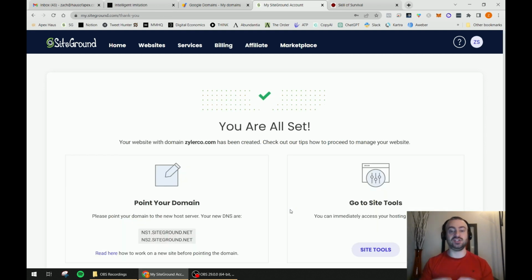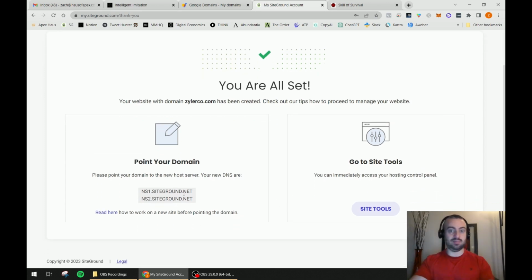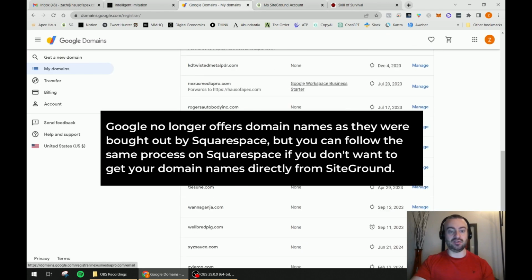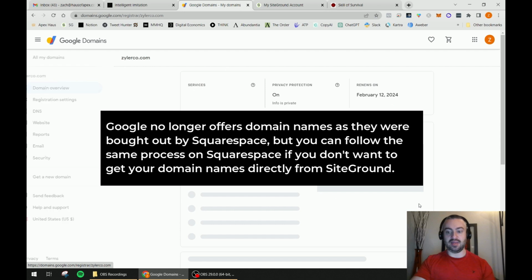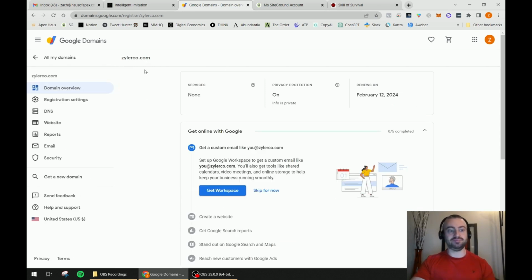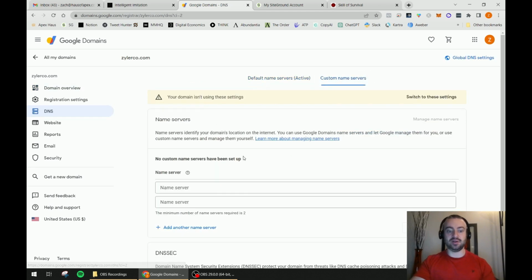Okay, so it has finished installing. Here we are, it says you're all set. And now, just as we did before in the course, we have to point our domain name. We have to change the name servers to point our domain name to this site. So here my name servers are right here. I already have my Google domains open, so I'm going to open up the domain name that I set it as, tylerco.com. I'm going to come over to DNS, just like we did before, custom name servers, and